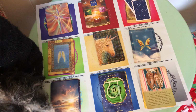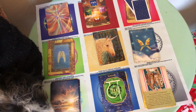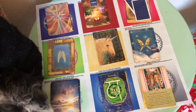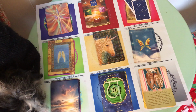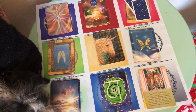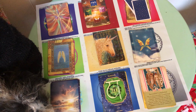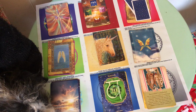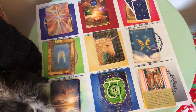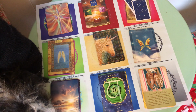And the next card is called successful completion, and in tarot it's the card of the World, which means that you are in a way in this state of happy endings. You find yourself in a position where you can see something more clearly. You have been working towards something, and now you can see how things are going to bear fruit. Now you can see the blooming. It's like the springtime. It's like everything is opening for you, and